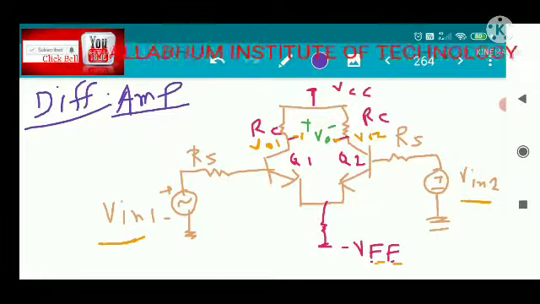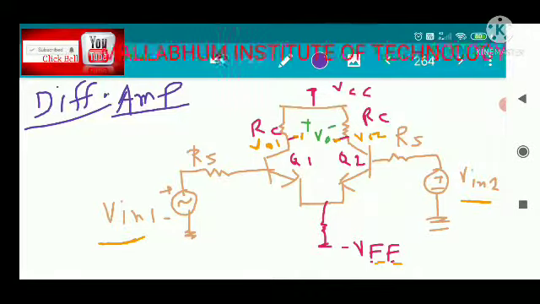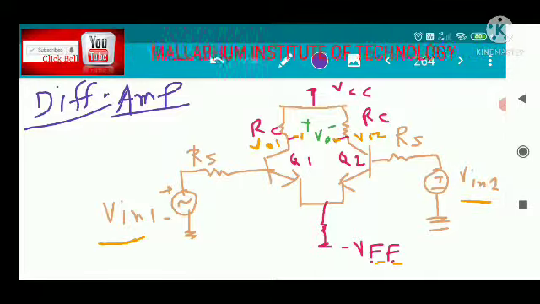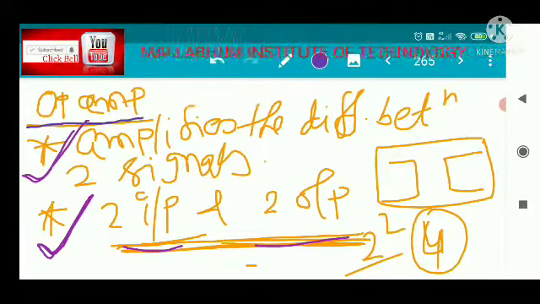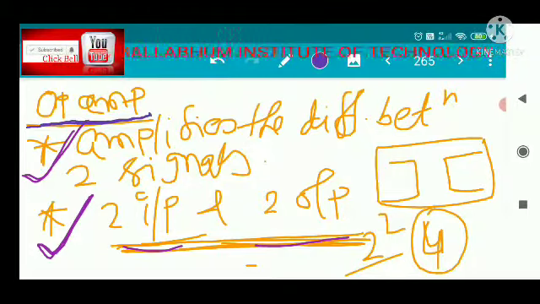Next, the differential amplifier is the building block, the heart of the building block, of the operational amplifier. This is the transistorized circuit diagram of the differential amplifier. You can see the diagram, but actually the differential amplifier is used in the op-amp circuit. I have mentioned that several times.